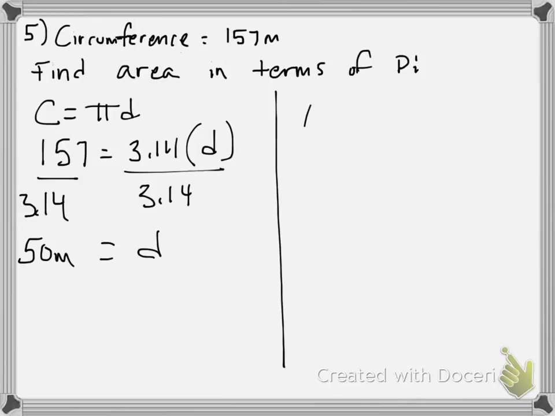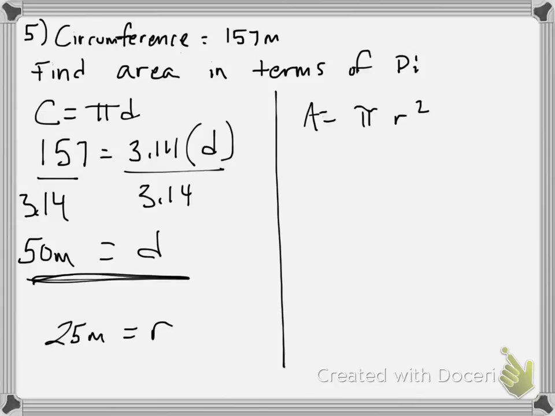So we're going to find the area. Remember, area is equal to pi times the radius squared. If we know the diameter over here, 50, we can find that the radius would just be half of that. So our radius would be 25. Now what does this mean in terms of pi? Well, it means how many pi's would there be in the area? And we don't have to use the number 3.14, and in fact we don't actually have to multiply it. So all we would do is say that area is equal to pi times our radius, 25, squared,